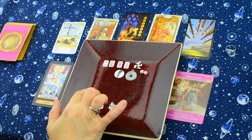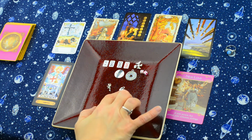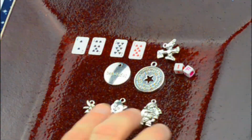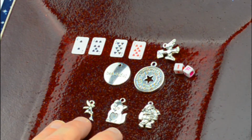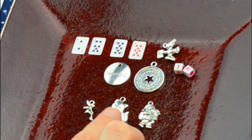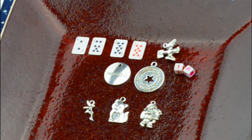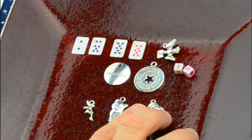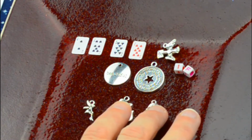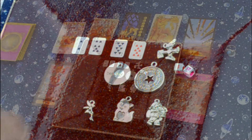We also have the wonderful little fairy, the nice kitty cat with the heart, and Santa Claus. And these mean to me dreams and wishes, love with the heart, and Santa Claus, which is getting your dreams or your wants and wishes come true, because Santa Claus is a gift. You get your gifts, you get what you've been hoping and wishing and waiting for. And so that is a wonderful tie-up